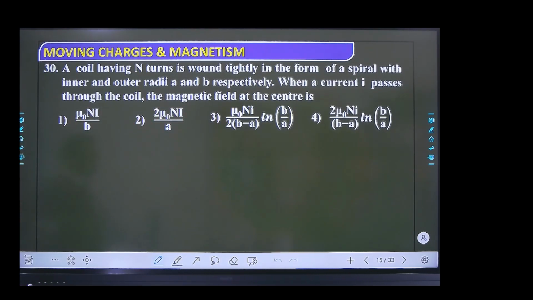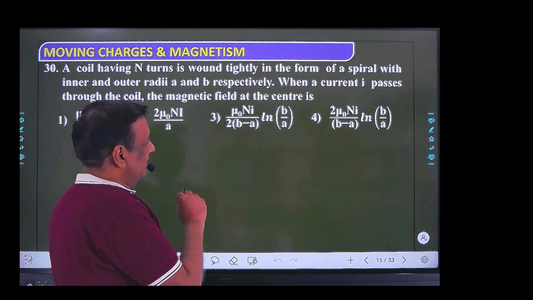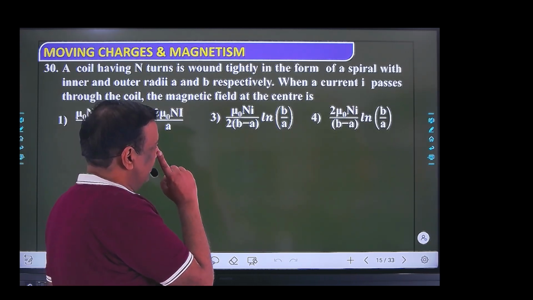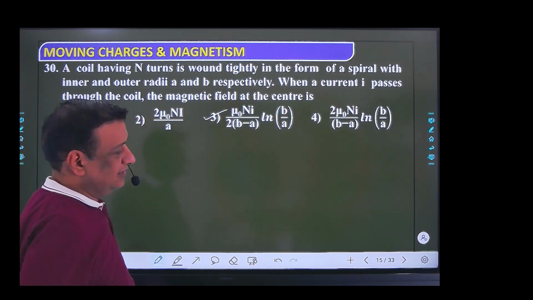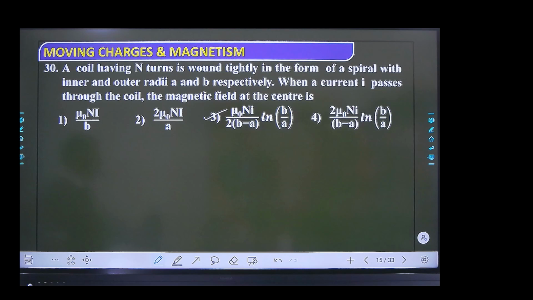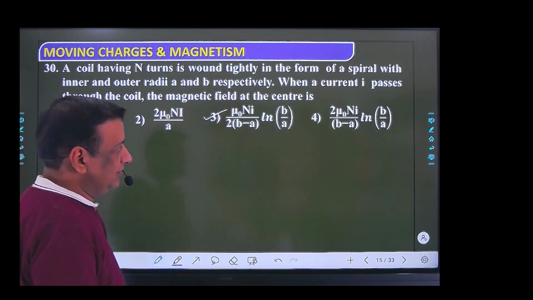A coil having n turns is wound tightly in the form of a spiral with inner and outer radii. ये कल क्लास में किया था हमने क्वेश्चन और मेरे ख्याल से ये आंसर आया था, आंसर था शायद. एक क्लास में किया सेम क्वेश्चन, स्पाइरल इनर रेडियस या आउटर रेडियस में।